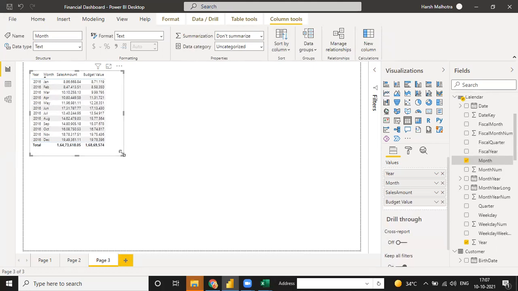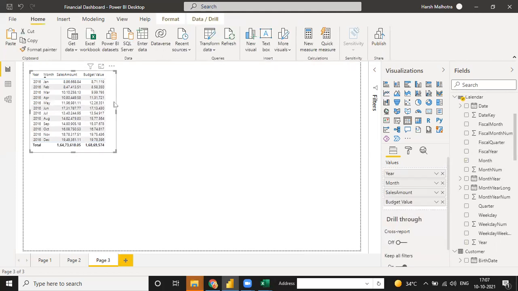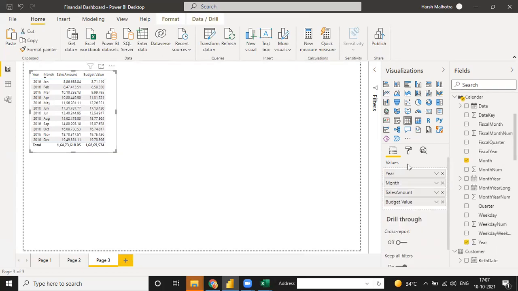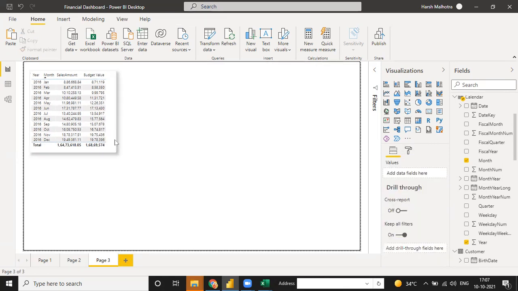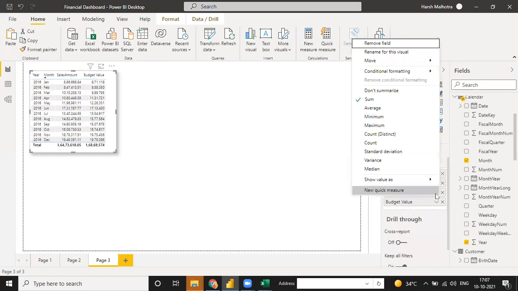So now we are done with this. And now see, in this table, we have year, month, sales amount, and budget amount. But in this table, when I go to format, shadow, and border now. So in this table, we have values, sales and budget. When I select this sales value, it has sum, average, minimum, maximum, count, and this kind of column.